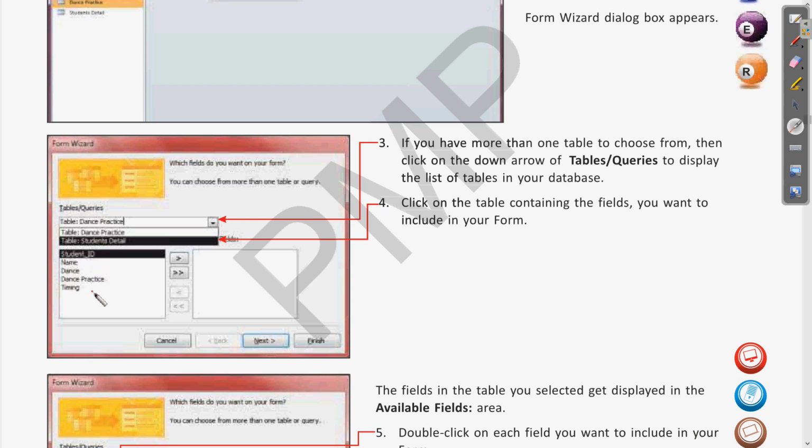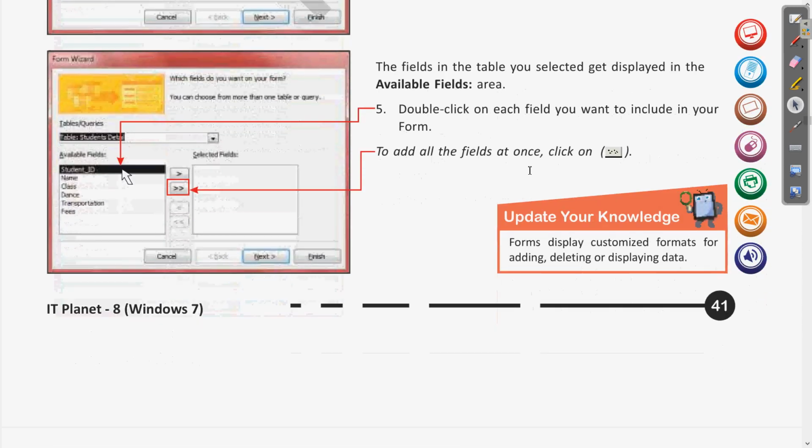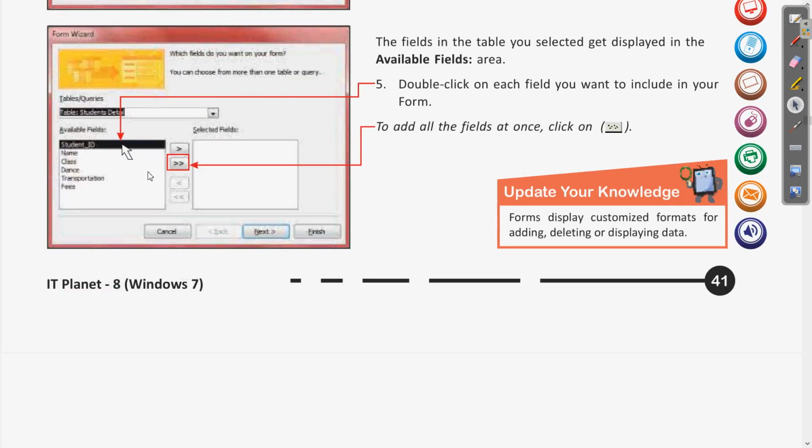From here we can choose all of the fields which you want to see in the form you are creating. Clear? You can select these one by one, or you can directly click on the double arrow button, and it will transfer all of these fields to the new form which you are designing. So you can pick those fields which you desire, one by one or all of the fields together. For one by one we can use the single arrow, and for all the fields to be transferred we can use the double arrow.